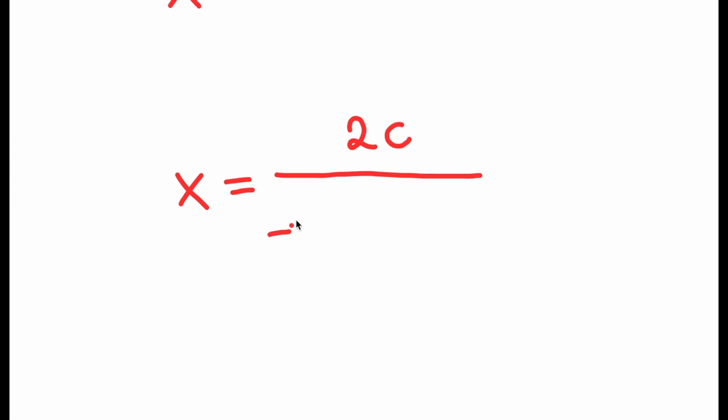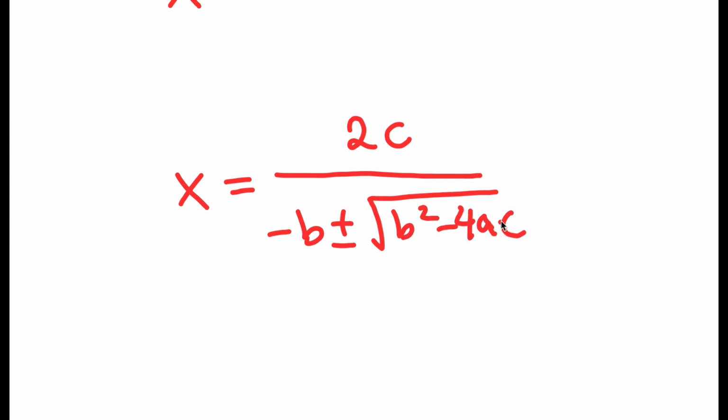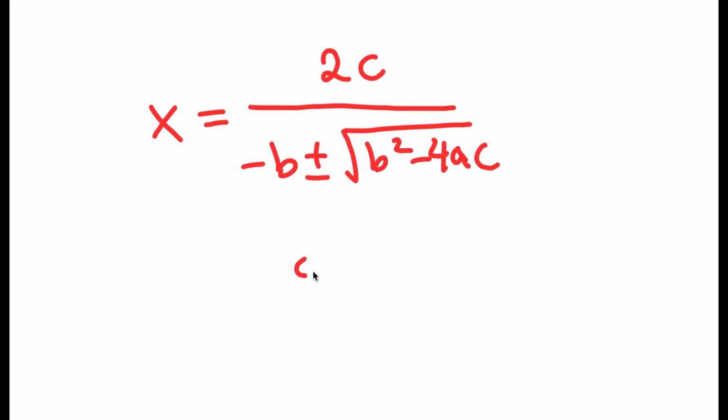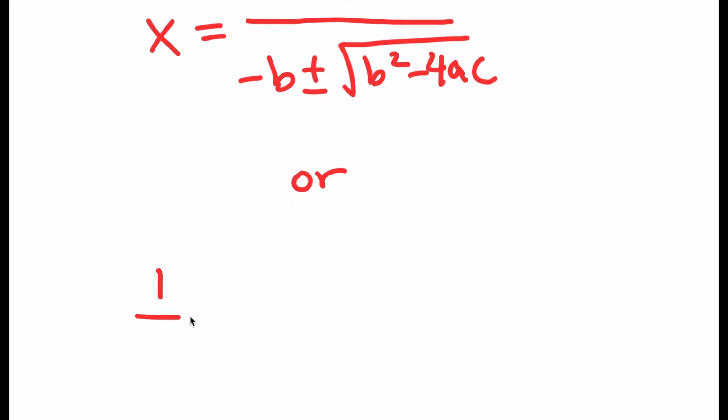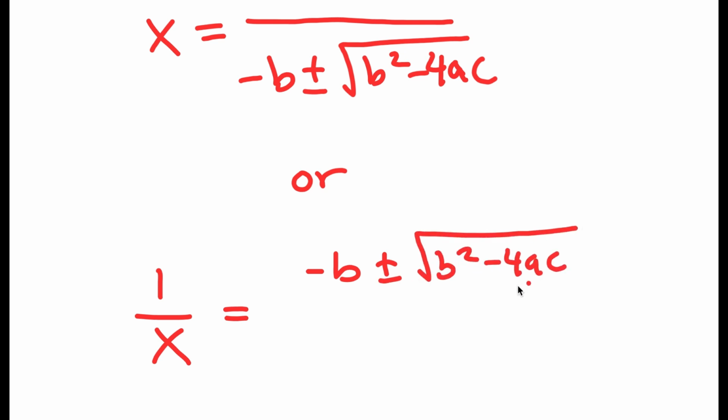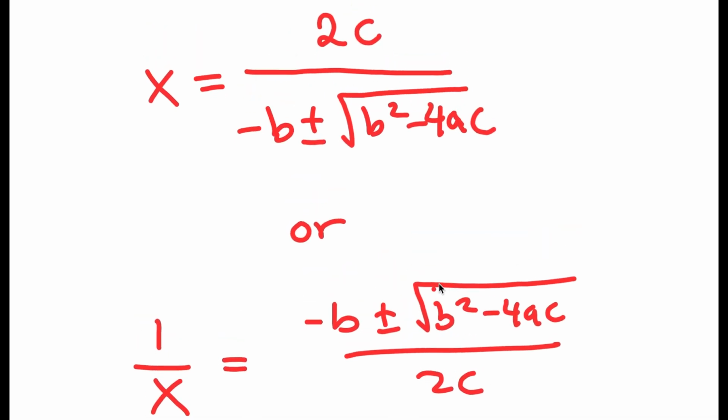And this quadratic formula is x is equal to 2c over negative b plus or minus the square root of b squared minus 4ac. Or we can also write this as 1 over x is equal to negative b plus or minus the square root of b squared minus 4ac all over 2c. So if you notice here,